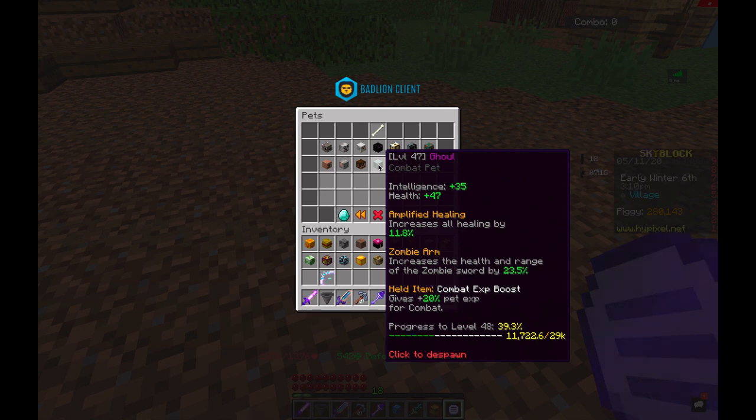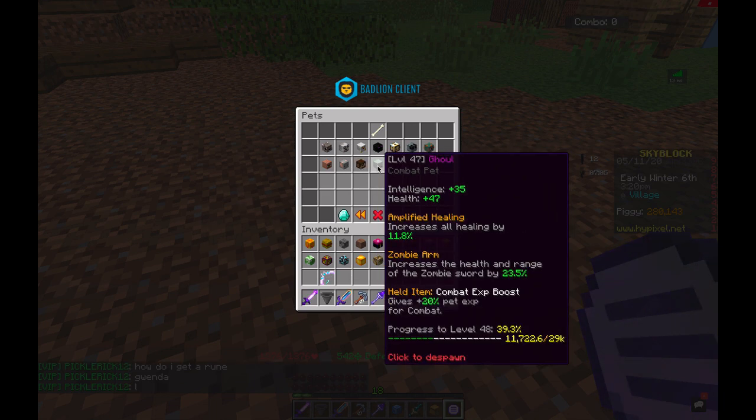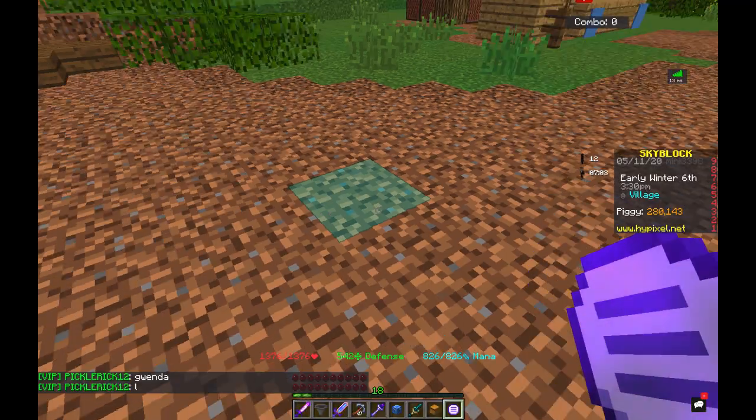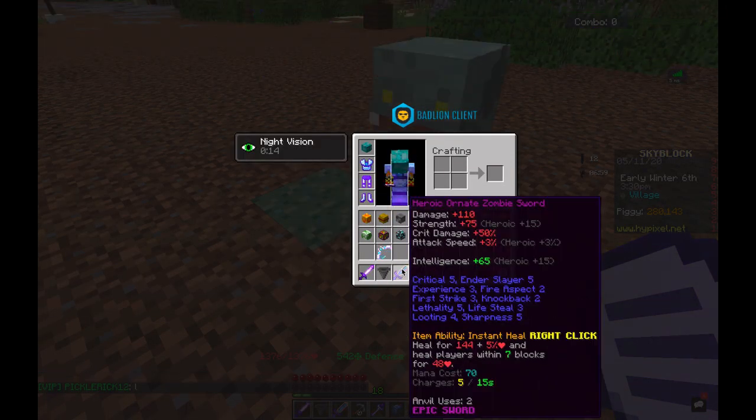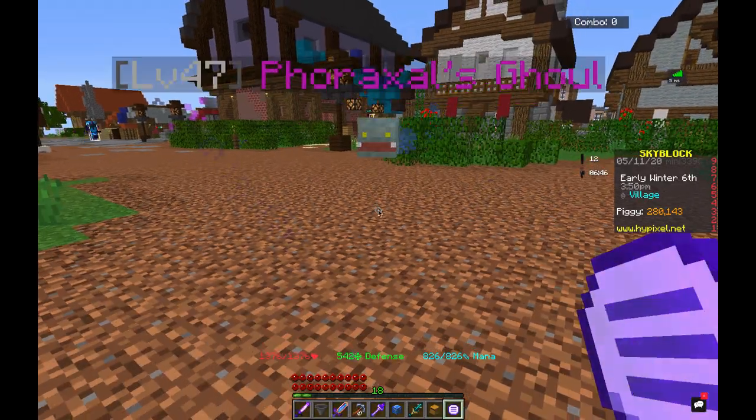But if you look at the second ability called Zombie Arm, it says increases the health and range of the zombie sword by 23.5%. Of course my pet is only level 47, but you get the point. At max level, it will buff it by 50%. So here, the ability says heals for 144 plus 5% of HP and heals other players within 7 blocks. It will buff that so that it will become 23.5% better, which is okay, but really, the real healing